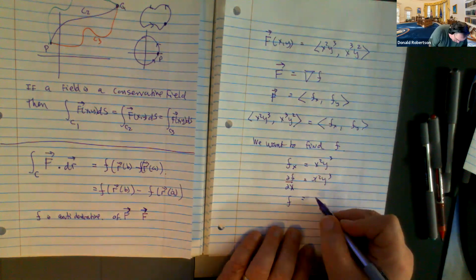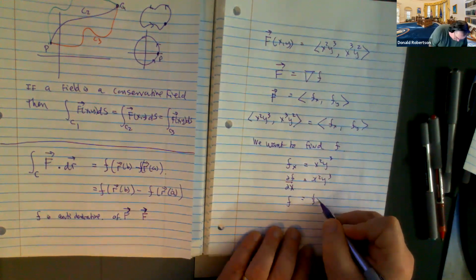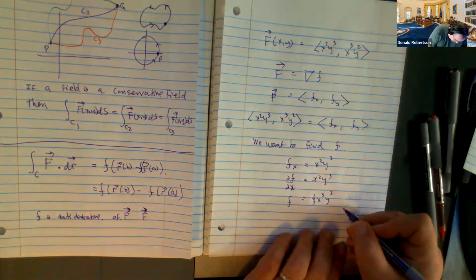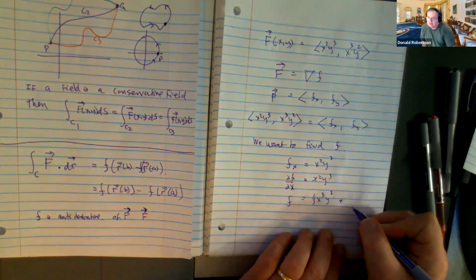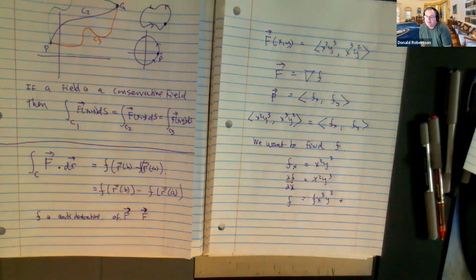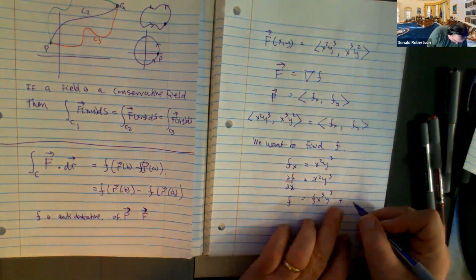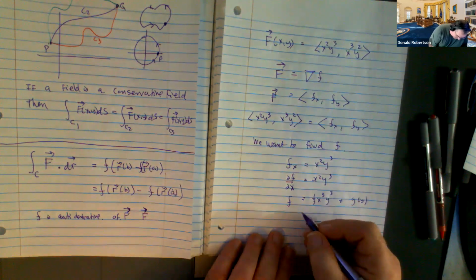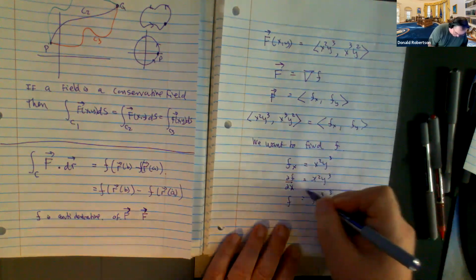So you will get 1/3 x cubed y cubed. Are you happy with what I just did there? With respect to x, the y cubed is just a constant, right? Now, normally you would say plus c. Agreed? In this world, isn't c a constant, but isn't y a constant? So instead of saying plus c, you do plus g of y. Now, if I put a little box around that and say, I'll remember you,